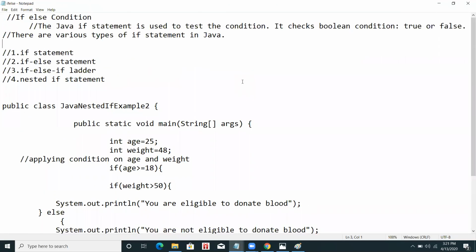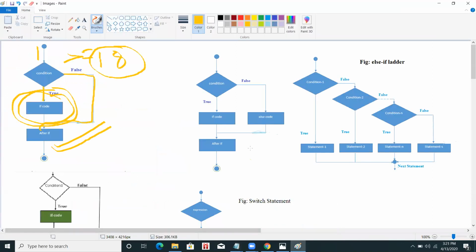Now what is if else? I have just told you about the if condition. Now let's move to the else part. What is the else part? With if and else, if the condition becomes true, then perform this work. Just look at this diagram. If the condition becomes true, then go to this part. But what if the condition does not become true? In that case, we were only going out of this condition. I don't know what to do if the condition becomes false.